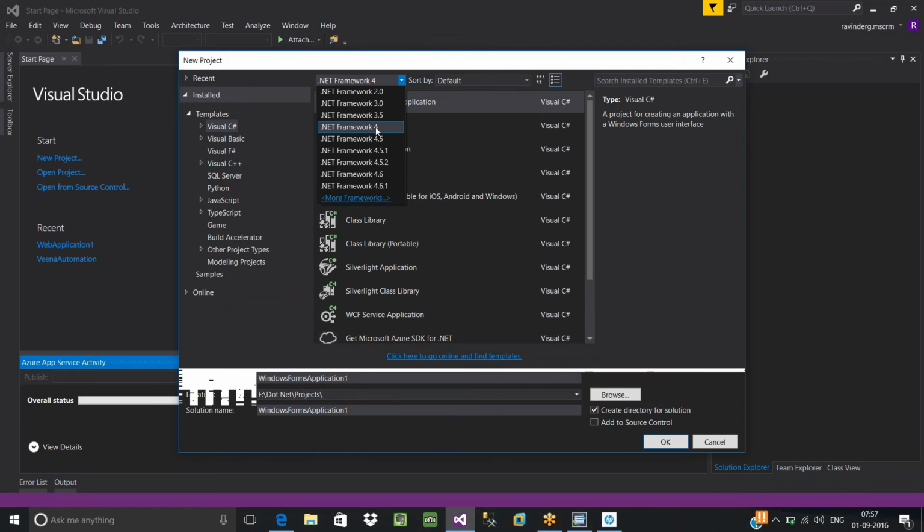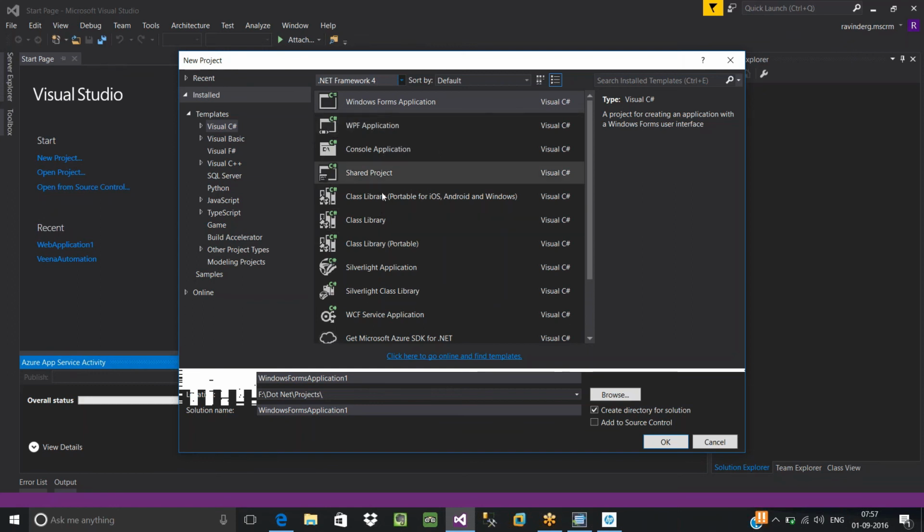So Visual Studio 2010 is nothing but .NET Framework 4. From there, every 2 years Microsoft has been releasing a new version like 4.5, 4.5.1, like 2012, 2013. Now we are in 2015, and 2016 is also ready. So you can select any version for your console application.